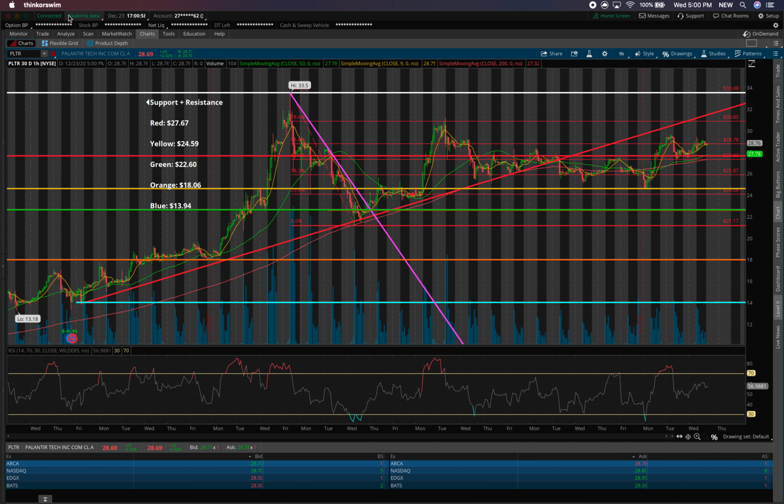So today we saw Palantir close up a bit over 2% to $28.69 per share, and then trade up a bit more in aftermarket hours to $28.76 per share. This was a very strong technical day that was aided by signing a new contract, which we'll talk about in just a moment. But in yesterday's video, I actually talked about needing to see